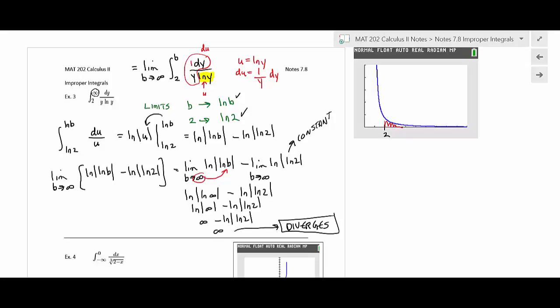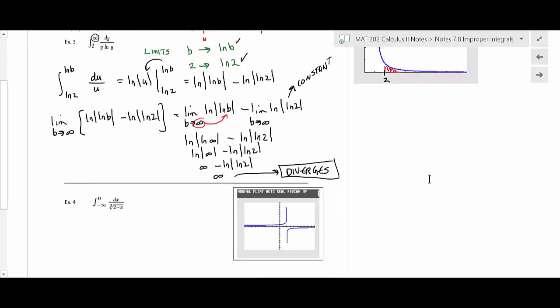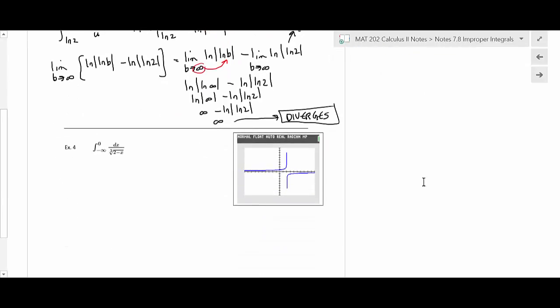You study a lot about this. If you're a math major, you study real analysis, and you study a lot about how these things work at a more theoretical level. So it's kind of interesting. Okay, so that one diverges. Everybody with me there? Even though it doesn't look like it does, it does. All right, let's look at